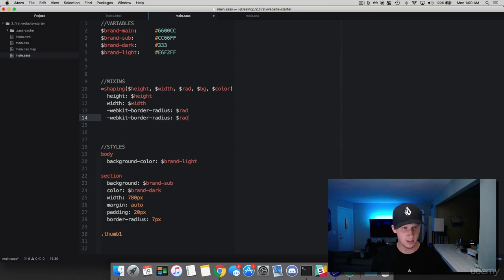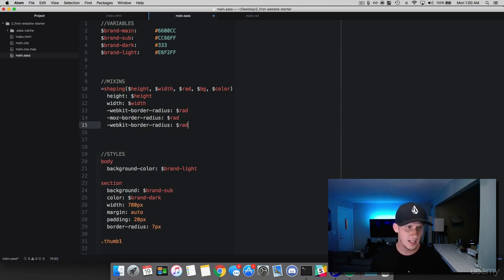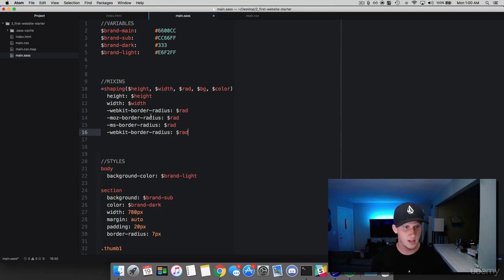Go ahead and hit enter. I'm going to copy it again, and we'll change this to Mozilla. And paste this again. We'll make this the Microsoft. And then we'll make this last one equal to just the standard border radius. And then we, of course, need a